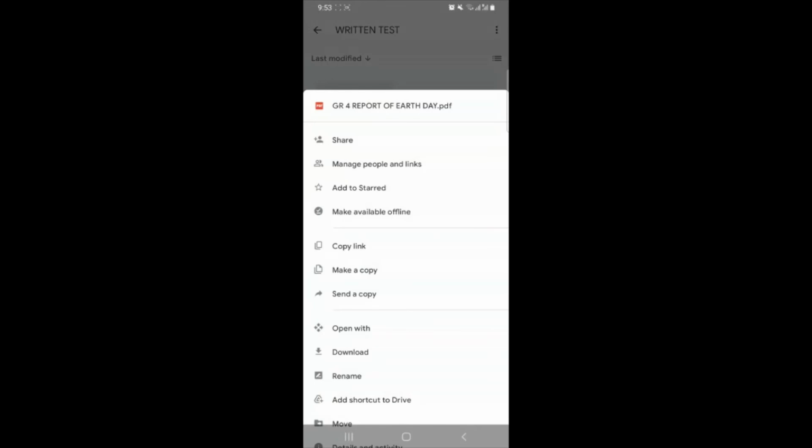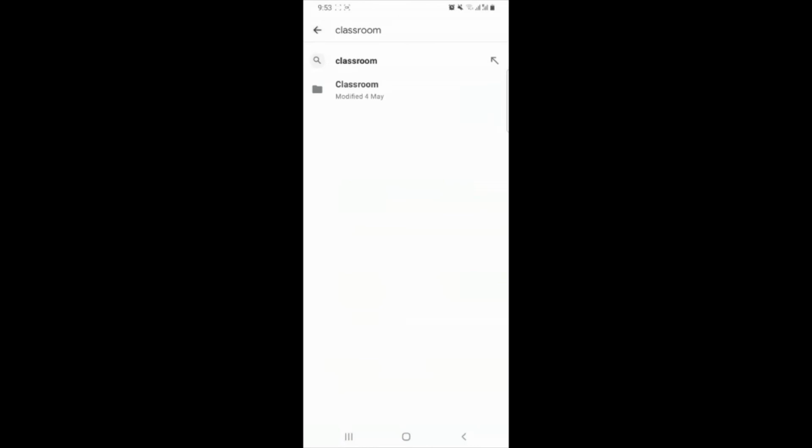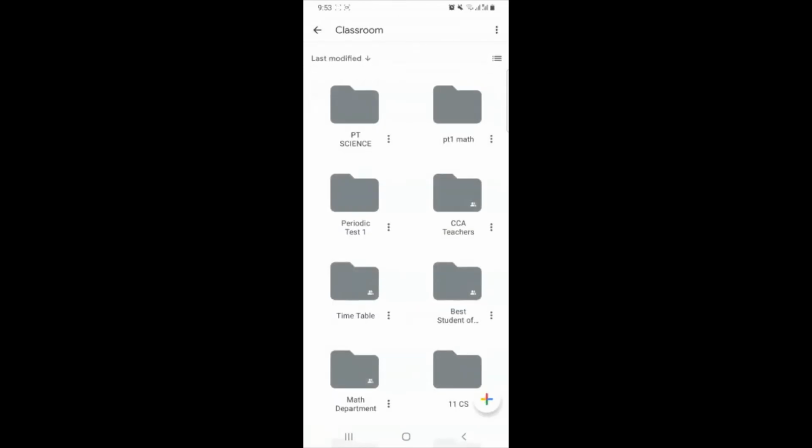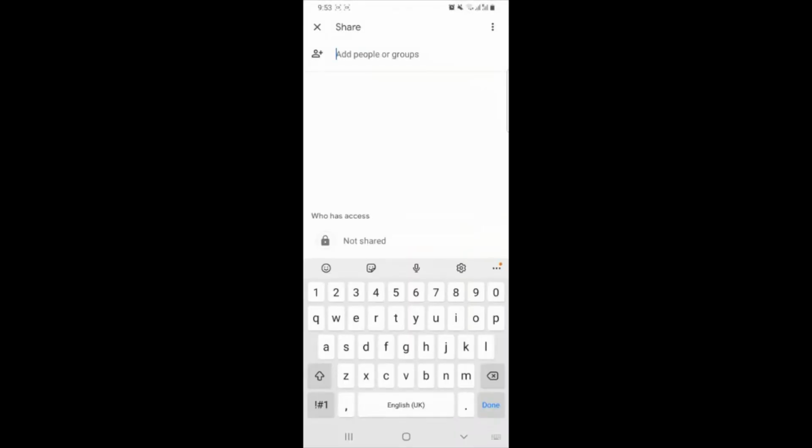In this place, what you have to do is, from the beginning, like I typed classroom, in that folder itself you have to check the sharing. Then you have to check whether it is shared with everyone or you are the owner. So I'm going to check the folder. You can see it is not shared with anyone. I protected it. If some students are there who can view your results or edit their answer sheet, you have to remove them.